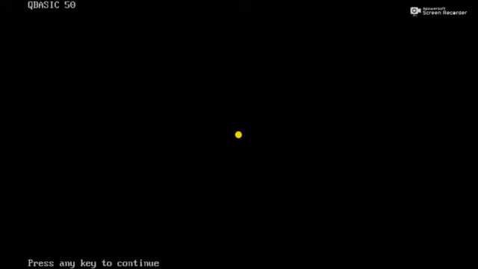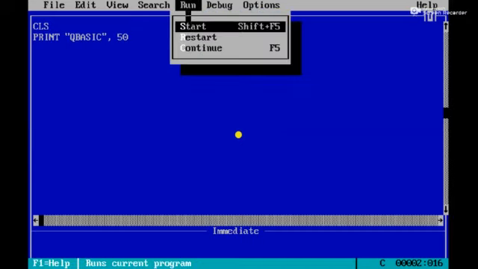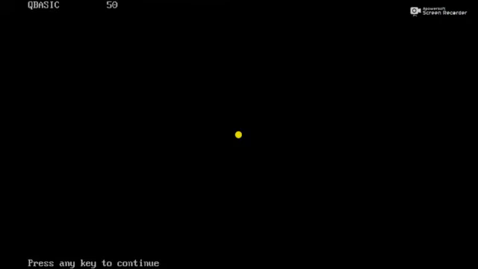See here, student, between QBasic and 50 only one space is given. So here we used only a semicolon. Suppose you are using a comma, what will happen? If you are using a comma, between these two the tab space will appear. Let me check. See here, the tab space.